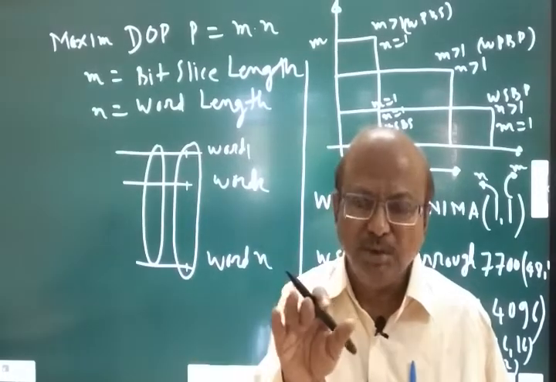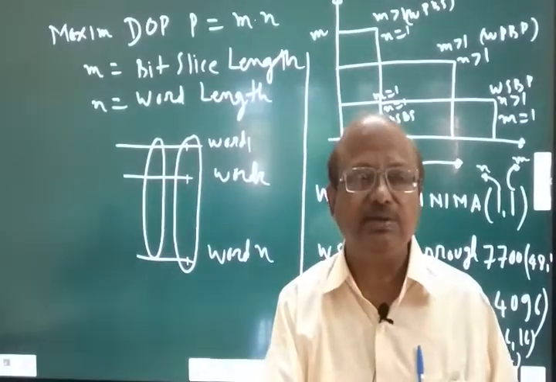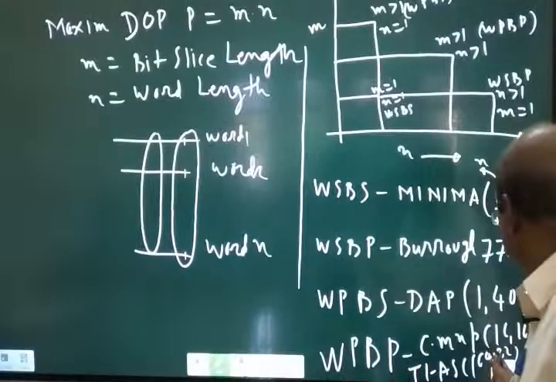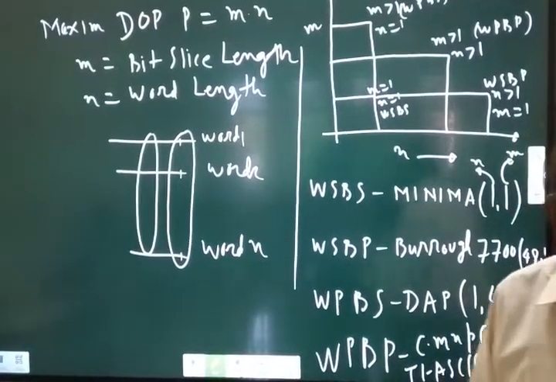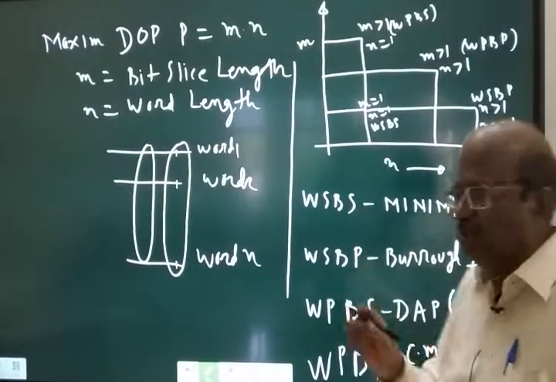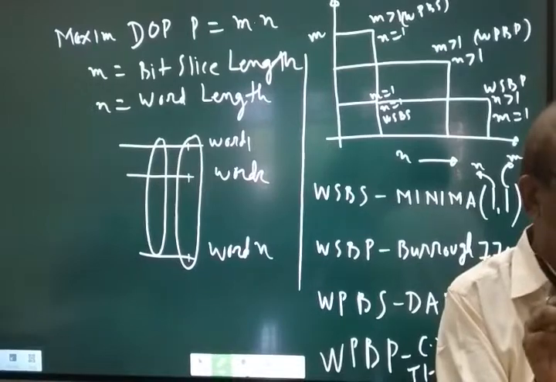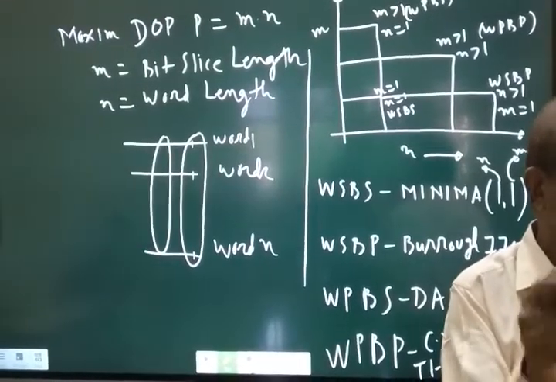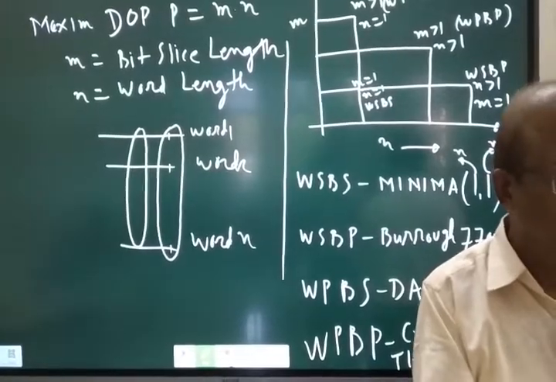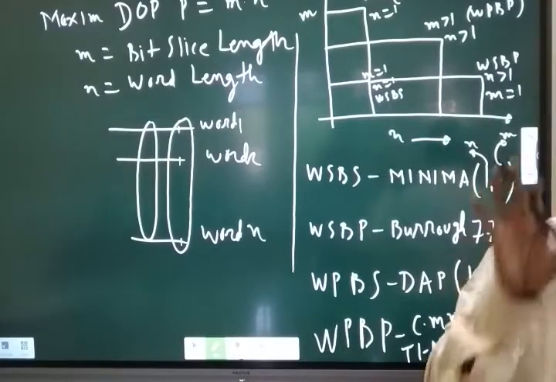If there are 4 pipelines, each of 8 stages, that means 32 bits are being processed together. Therefore, the dimension is 64 by 32. Clear? So, out of all these, word serial, bit serial is just like SISD of Flynn's classification. This is the simplest type of computer, but capacity wise it is very little. Word parallel, bit parallel is a fully parallel computer.